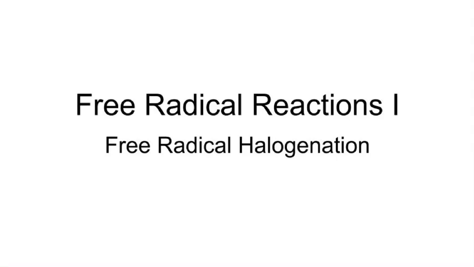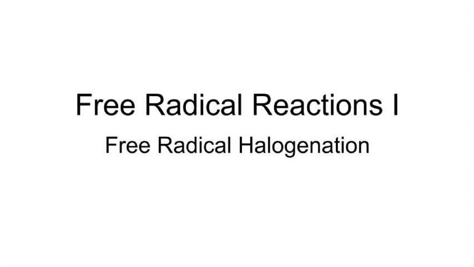In this video, we'll explore how to functionalize alkanes through free radical halogenation. We'll start by introducing homolytic bond cleavage, bond dissociation energy, and the properties of radicals, followed by the factors that influence their stability. Next, we'll dive into photochemical and heat-induced chlorination and bromination, discussing the free radical chain mechanism, including